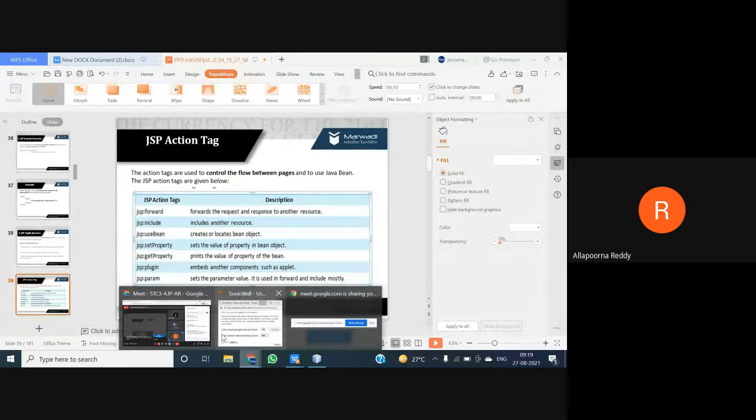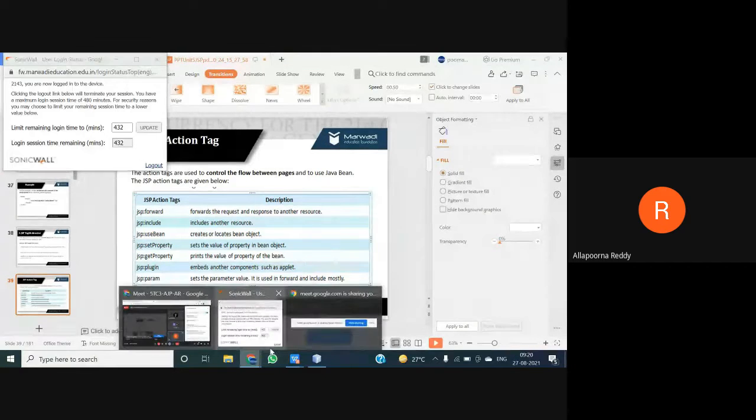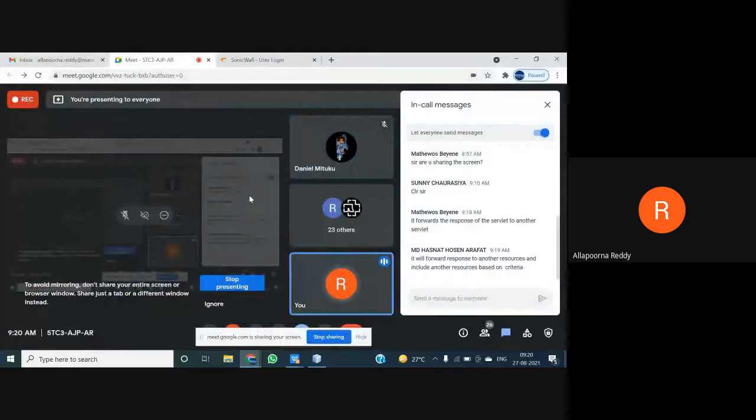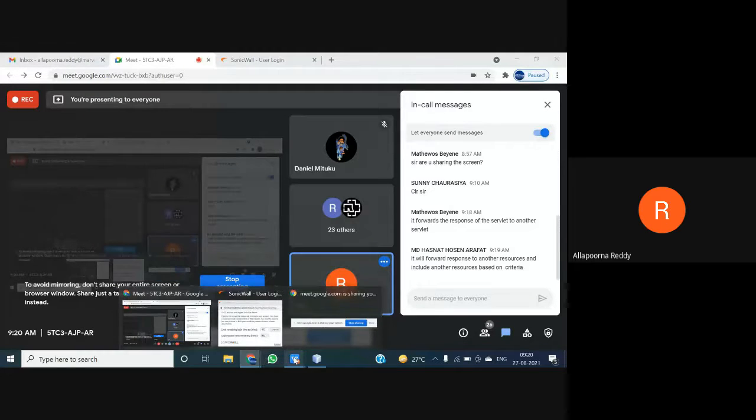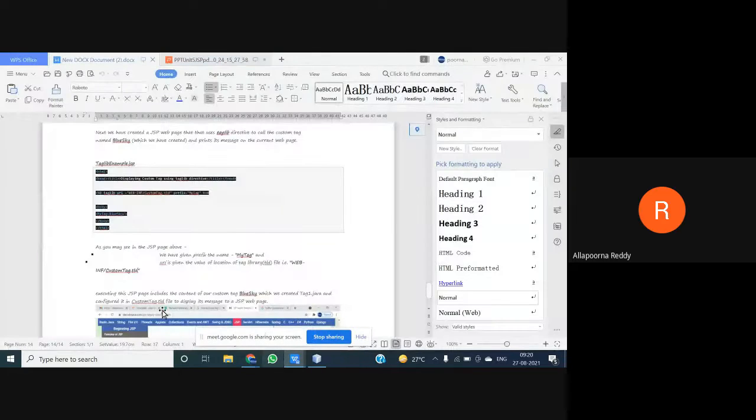So hope you are clear on the difference between forward and include. Any doubts in this one? Yes, Arfat also said it will forward the response to another resource and include another resource. You are right, the same thing I'm saying. That is what happens with these 2 things.